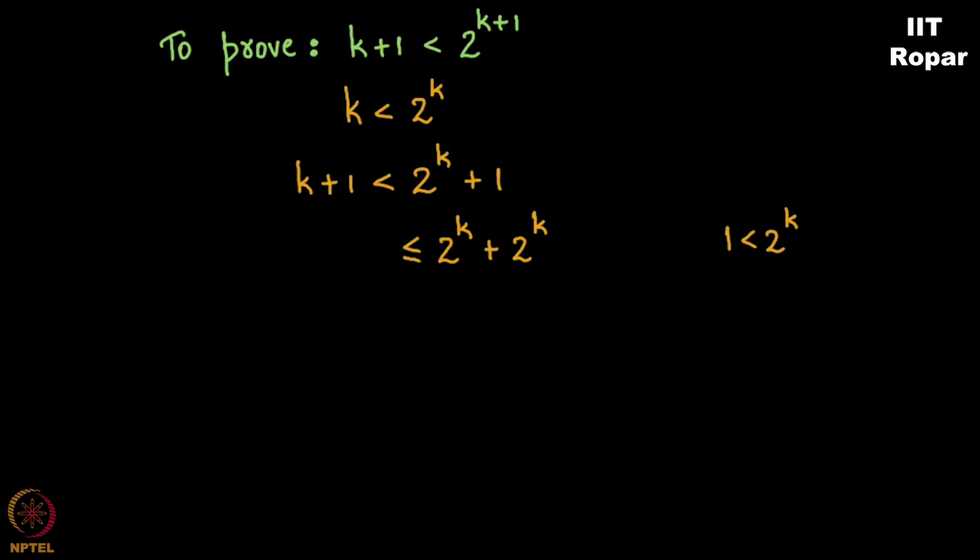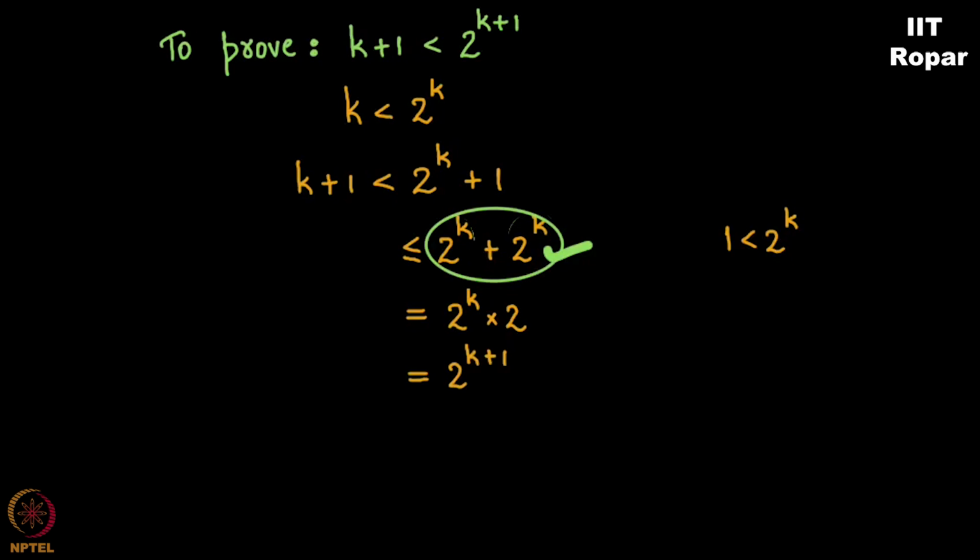Now, this 2 power k plus 2 power k is equal to 2 power k into 2. You see, I am not replacing the inequality with an equal sign. I am just saying that this portion is equal to it. Please don't get confused here. Whenever we write this, it always means that the previous step is equal to this step. We are not going to touch the inequality. Clear? So 2 power k plus 1 is less than or equal to 2 power k plus 2 power k, and this portion is equal to 2 power k into 2, which is nothing but, again I'm writing an equal sign, 2 power k plus 1.